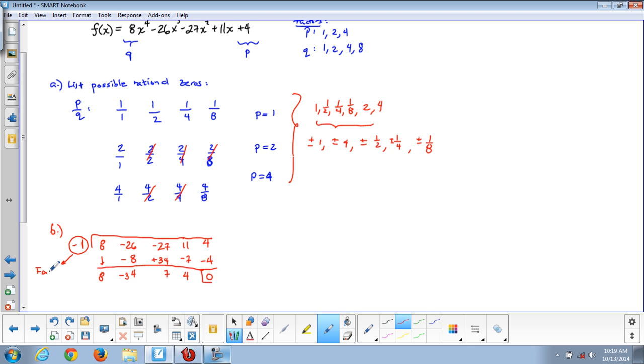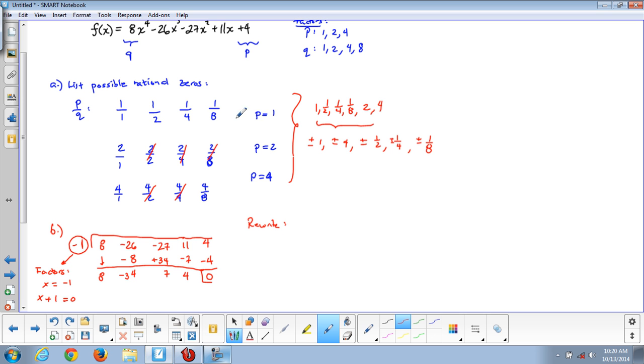Now, for us to understand our factors, make sure that you understand that this was x equals to negative 1. You can think of actually that as 0. And to find our factor, kind of move it back over here, we have x plus 1 equals to 0. Okay. So now I'm going to rewrite